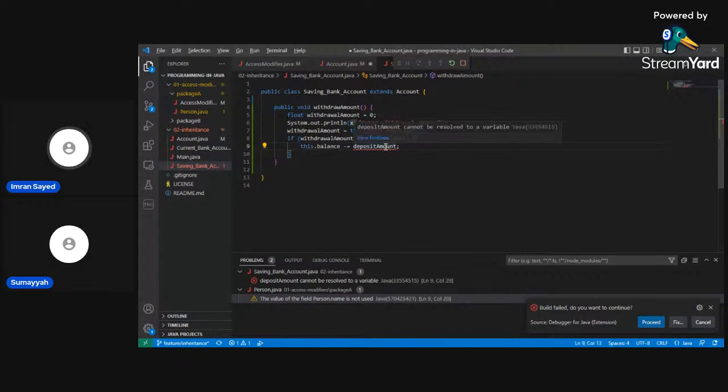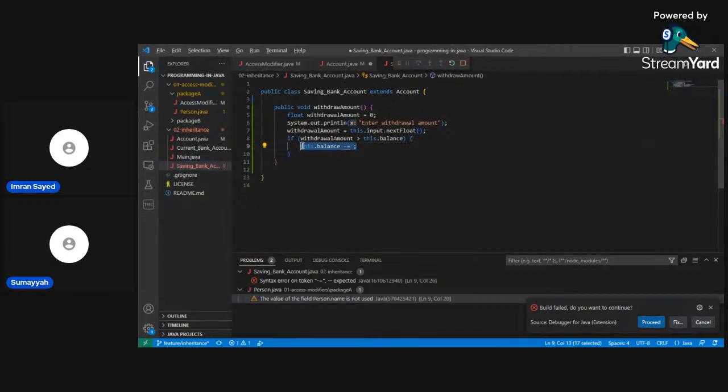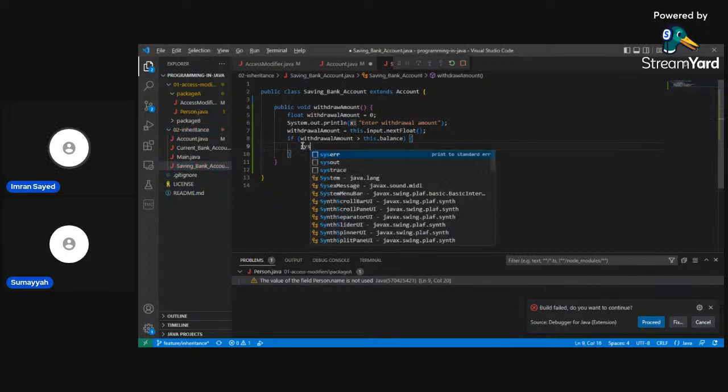I'll tell you what's a better way of doing it. Always go for an early return, which means check the negative first. So if it's greater than, okay, and then print a message and just return from there.